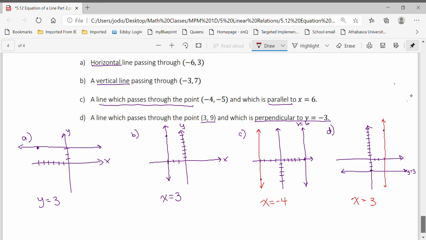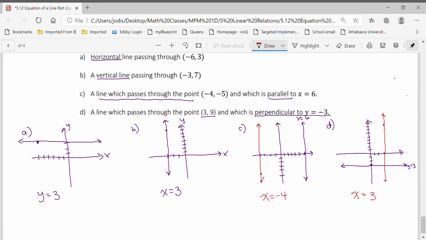Okay, and that's the end of this lesson. So try the homework for this. Get comfortable with horizontal and vertical lines, as well as parallel and perpendicular lines. And if you have any questions,